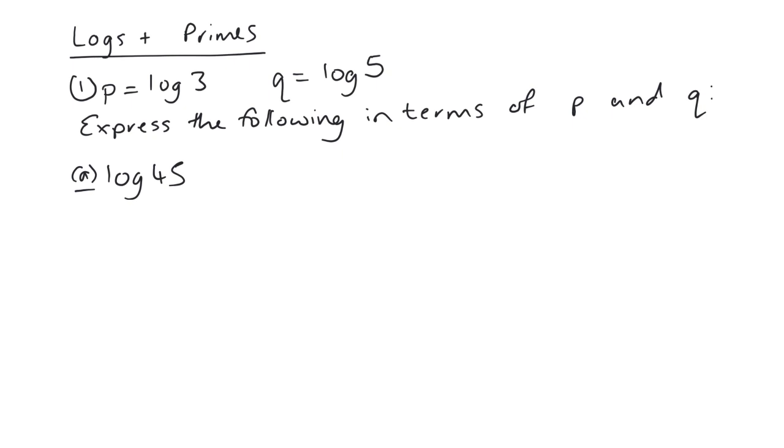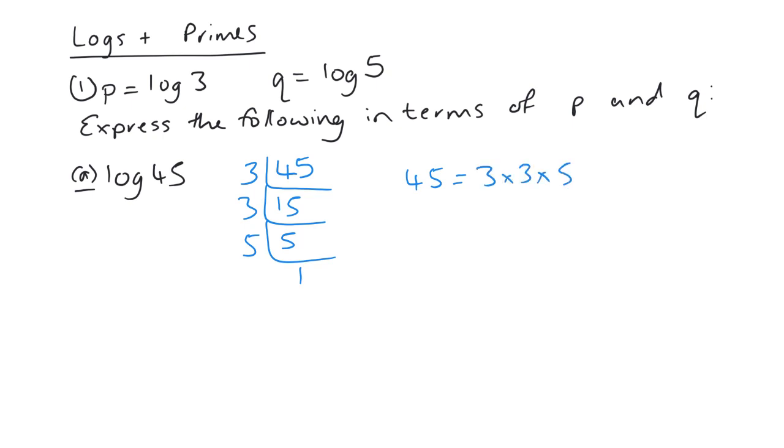So we want to be able to write 45 in terms of 3 and 5, and it's to do with them being prime numbers. So think back to junior school where you had to find your prime numbers. Express the following as a product of prime numbers was always the question. So we'll say 3 into 45 is 15, 3 into 15 is 5, 5 into 5 is 1. So we can write 45 as 3 by 3 by 5, or 3 squared by 5. Okay, so what that means,